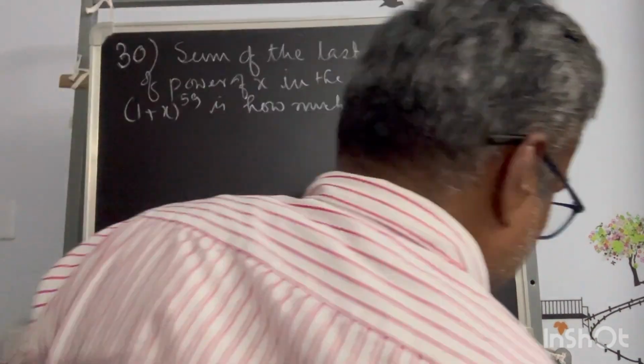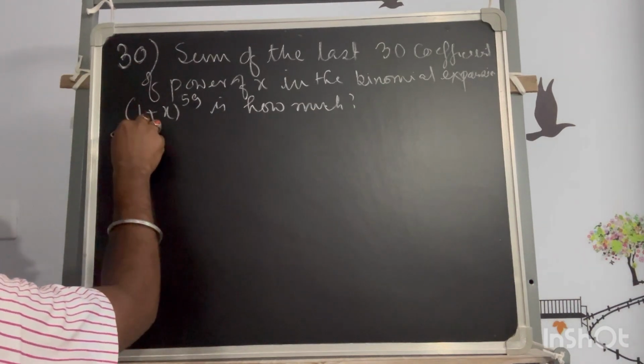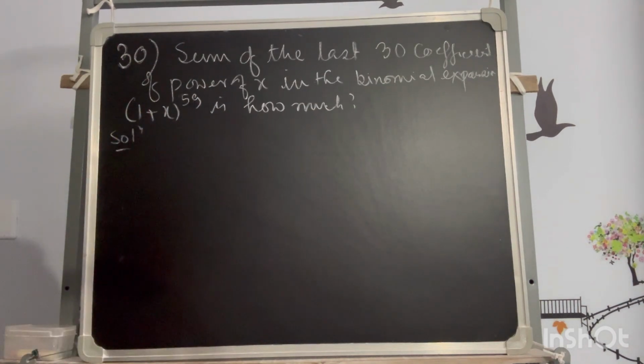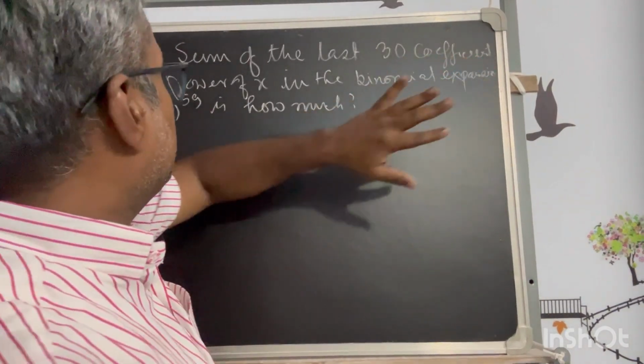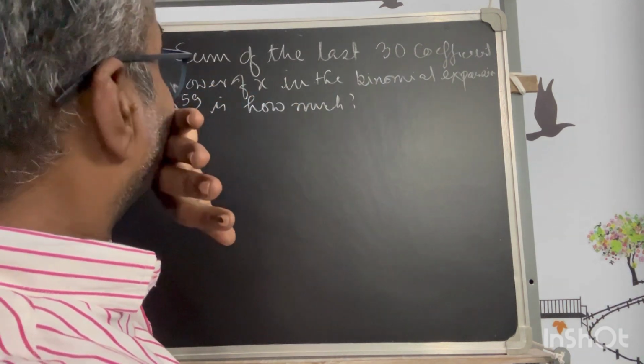So you have to find the sum of the last 30 coefficients of powers of x in